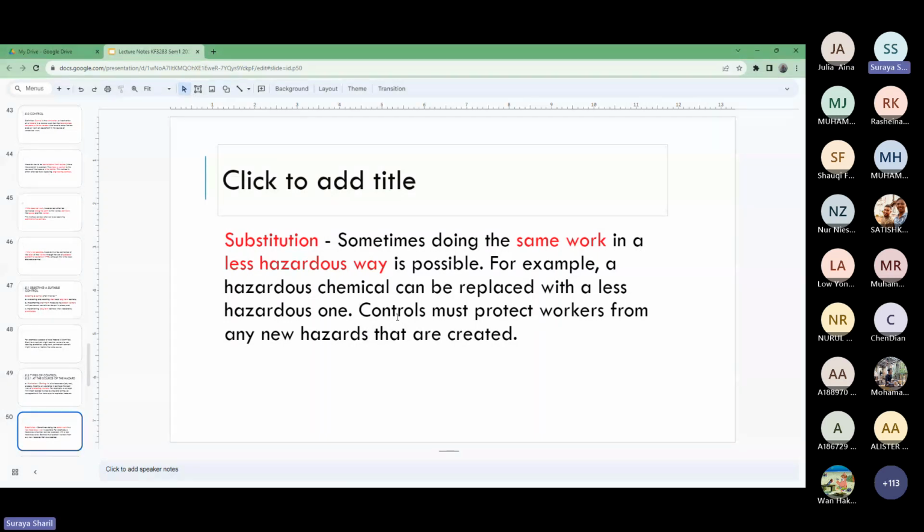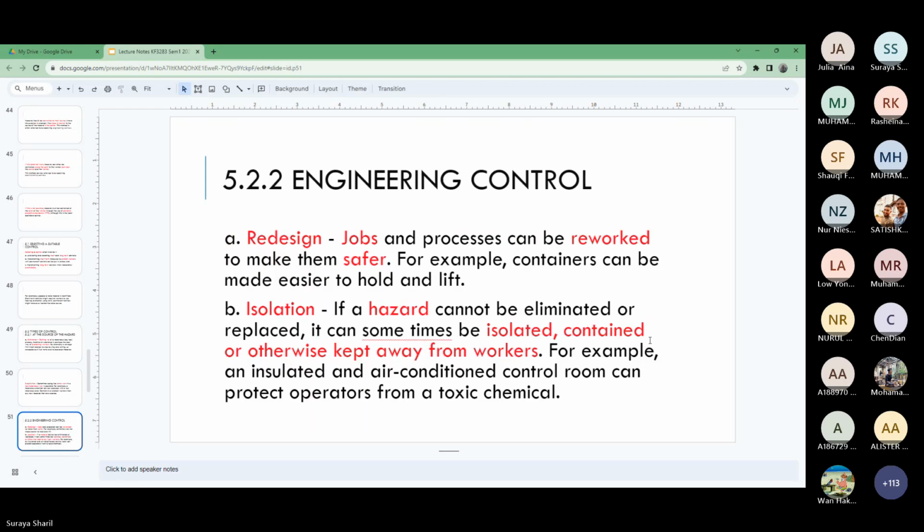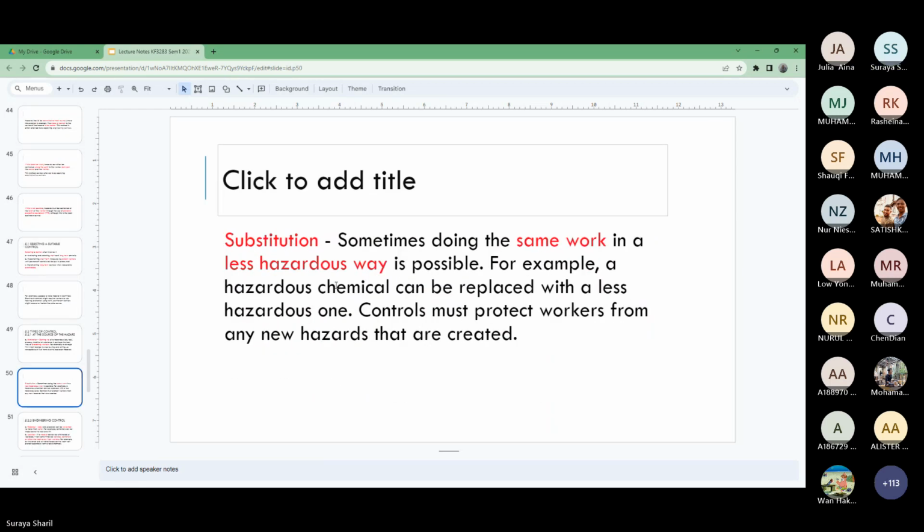So we can substitute the work using a less hazardous way. And then